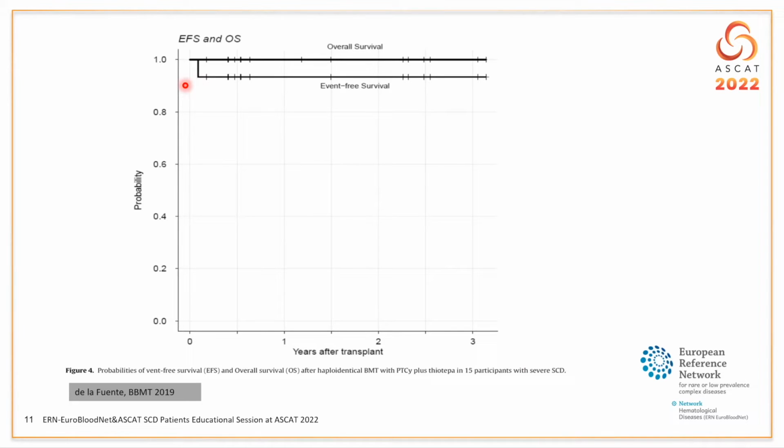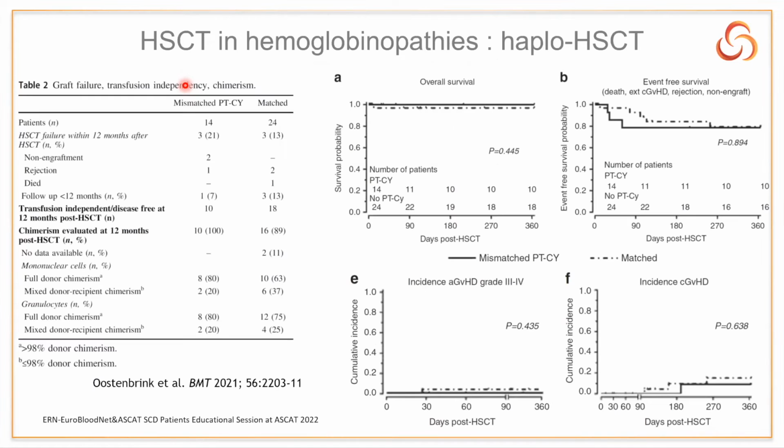So the transplant using a partially matched family donor is feasible. This is another experience with a slightly different approach. Again, we have 14 patients transplanted from a partially matched family donor compared to patients transplanted with a matched sibling,